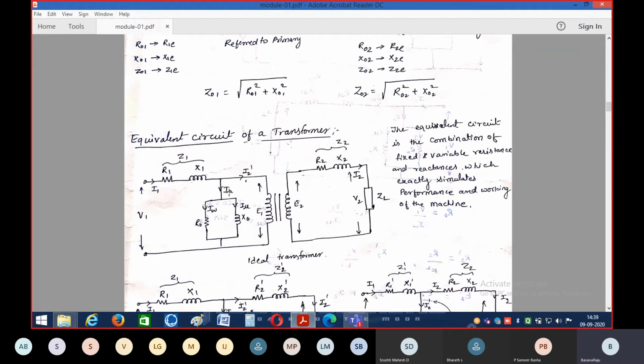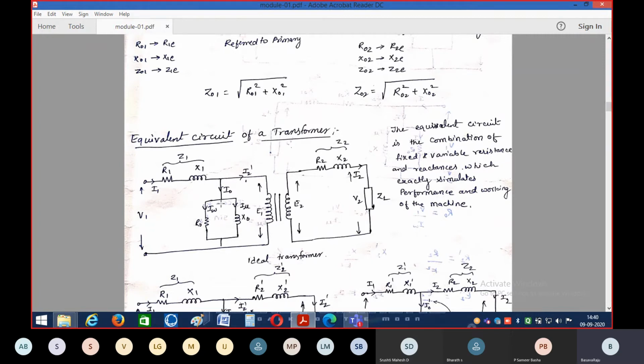Okay, and this coil resistance is represented with R1. This coil inductance L1, that is the coil's inductive reactance, we always take. That inductive reactance is represented here with X1. The phasor addition of resistance and reactance gives the value of impedance. So the value of Z1 is equal to R1 plus jX1, or if we want to calculate the magnitude, Z1 is equal to the square root of R1 square plus X1 square.